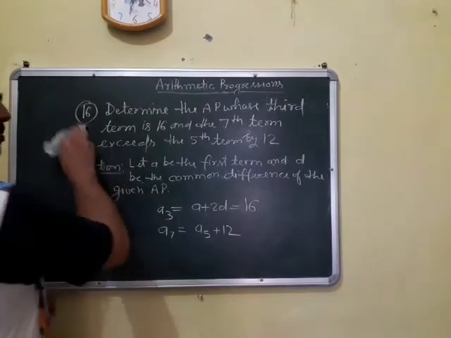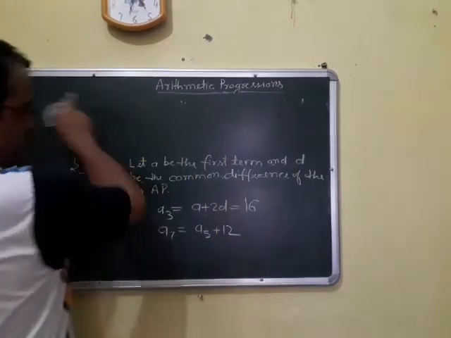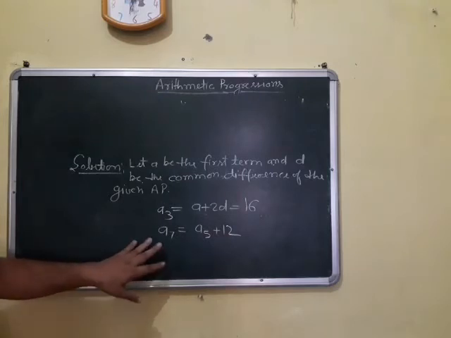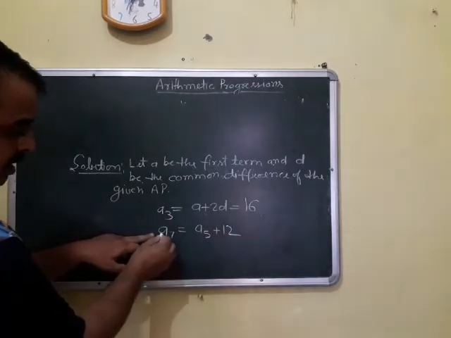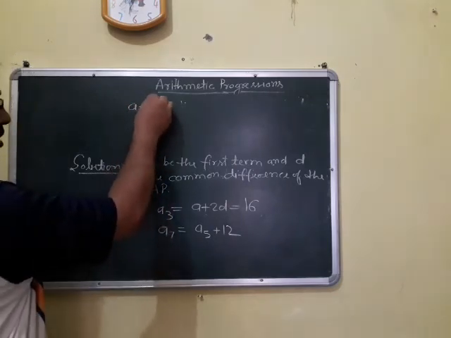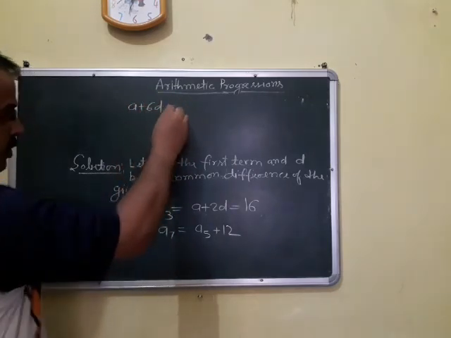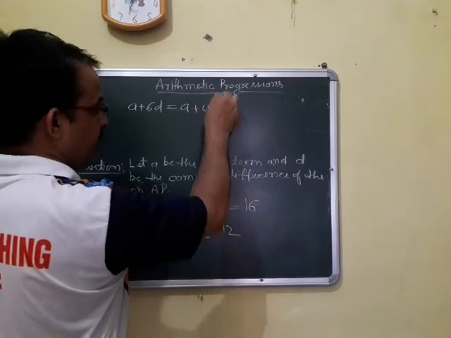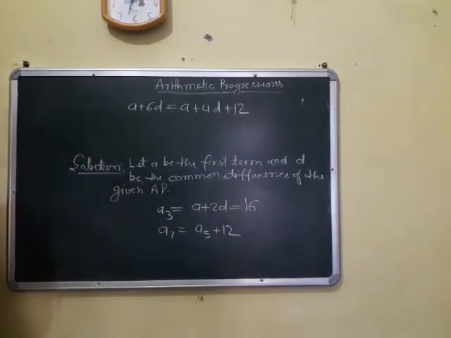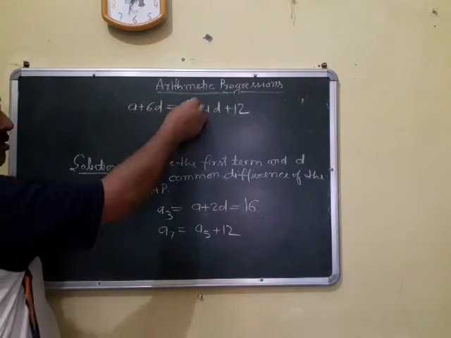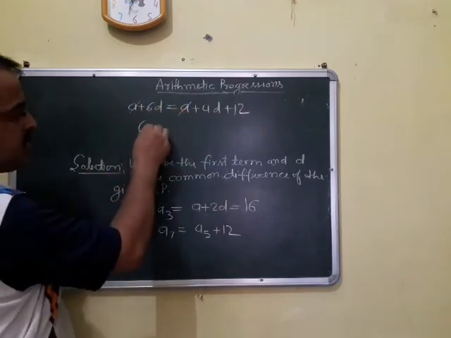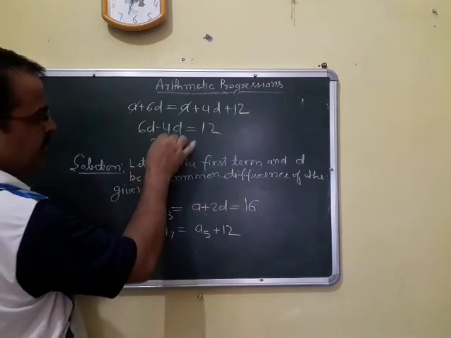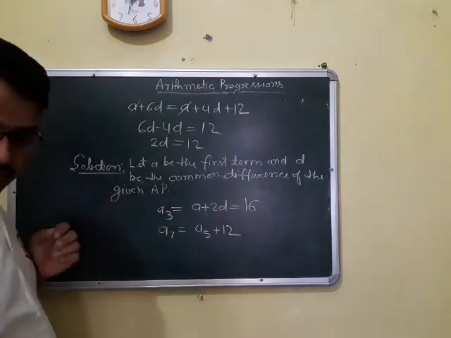Now look here. कितना कर रहा है? 5th term से 12 greater. तो a7 is a plus 6d equal to a5 term. तो a plus 4d plus 12. So find this one here. Both side this portion is equal. Now 6d minus 4d is equal to 12. So we get here 2d is equal to 12. So d is equal to here